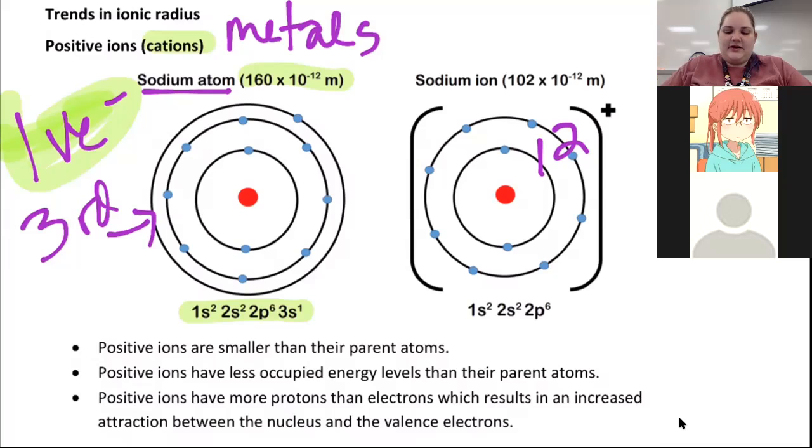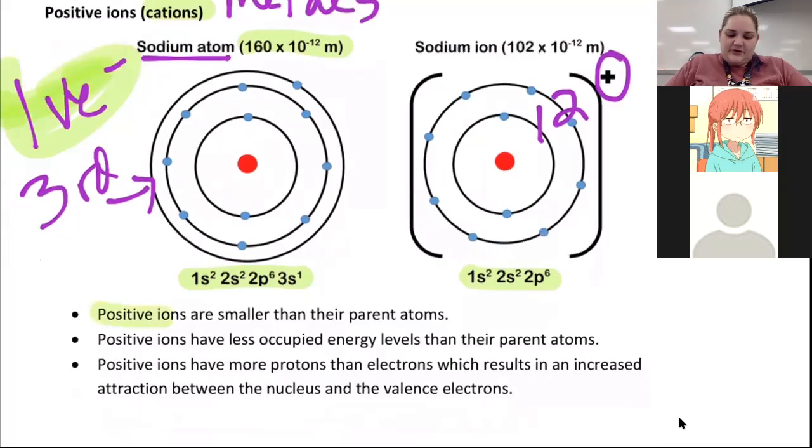And so I can see that it now has a +1 charge. And if I were to rewrite the configuration, that 3s1 has gone away because it lost that valence electron. And because it lost the electron in that third shell, it has fewer energy levels, and so that causes it to be smaller. Okay. So when I'm talking about cations or positive ions, I need to know that the positive ions are smaller